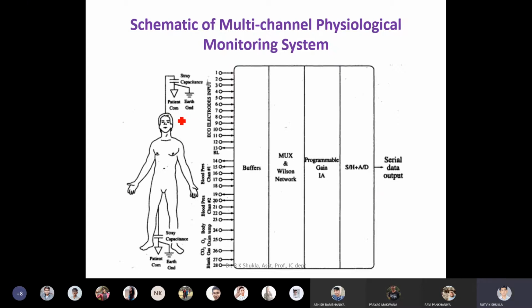Now this is also something we saw in the last class. This is called a multi-channel physiological monitoring system. In the last class I mentioned that if you want to make a project, you can take this as a topic. A day or two ago, Professor Pitade already took your SSIP sensitization seminar, so if you want to make a project as part of SSIP, you can think about something like this. This is one possibility.